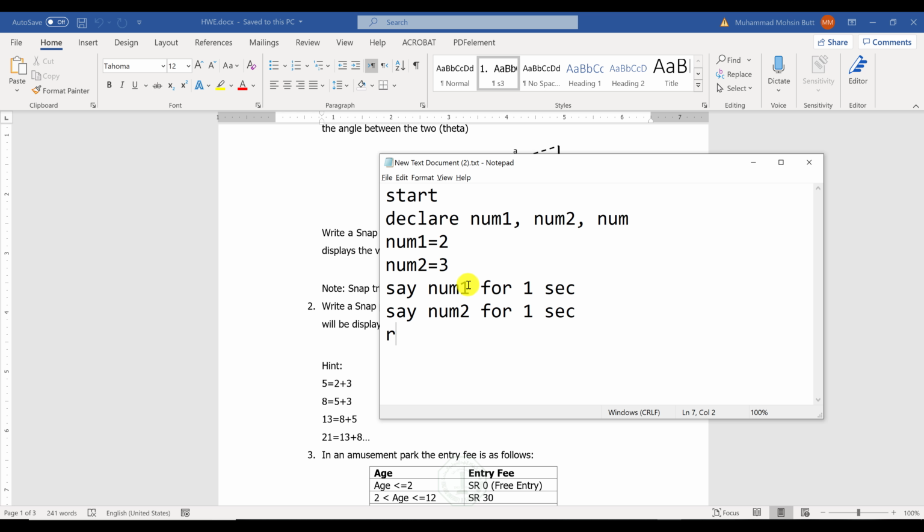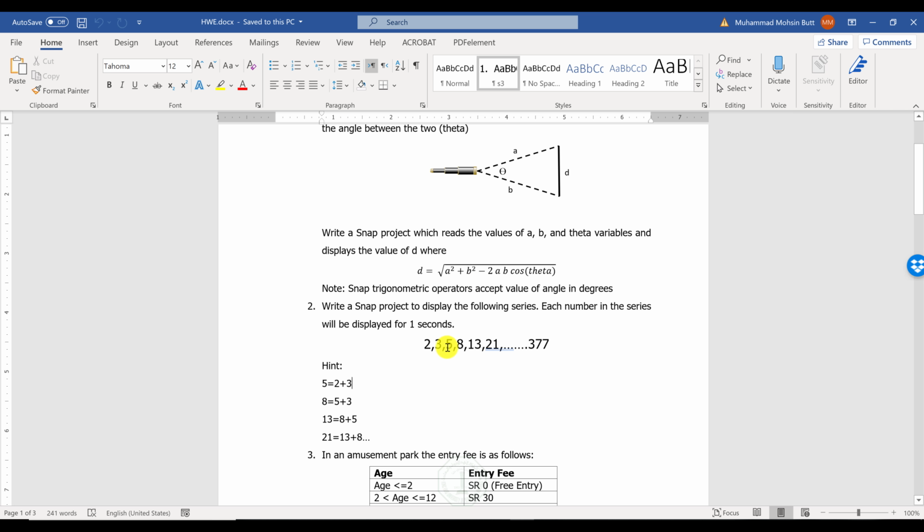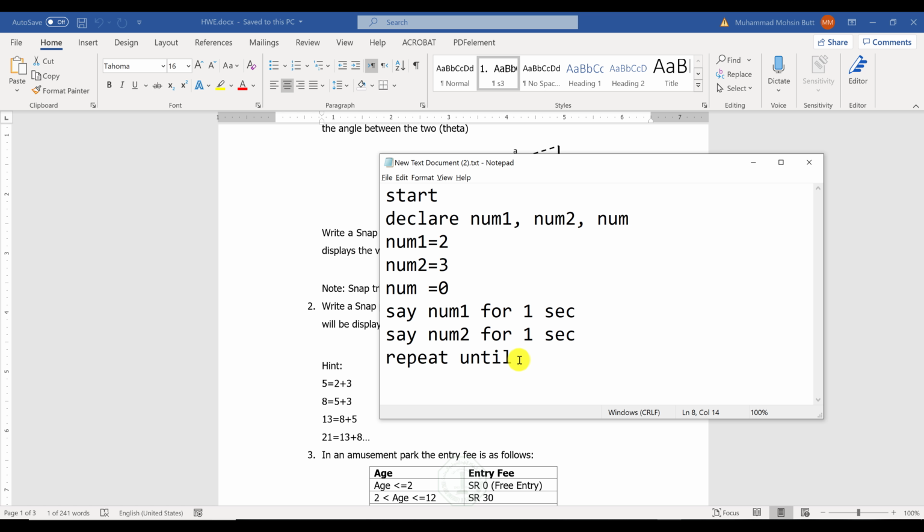So I will say repeat until the number, so I will initialize the number to 0 as well, the numbers which are here 5, 8, and so on. So here I will say repeat until the number is greater than or equal to 377, and